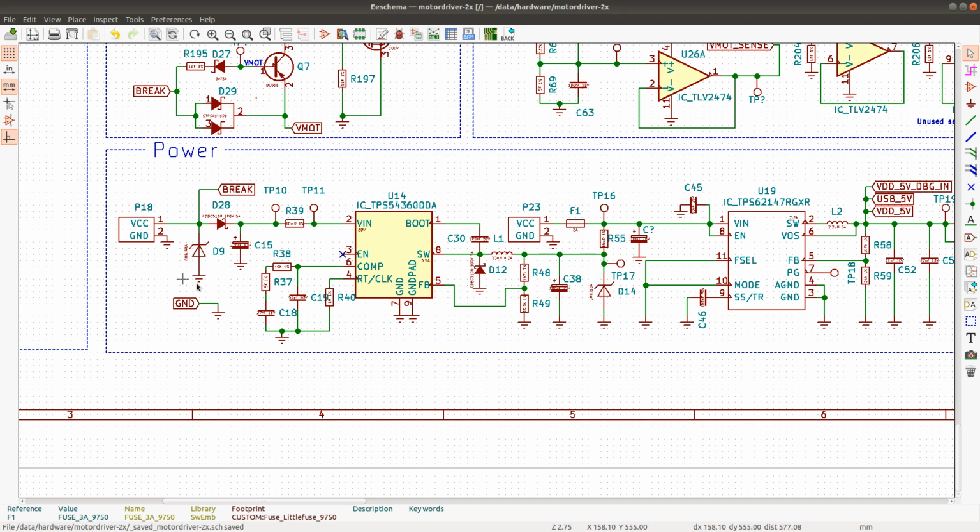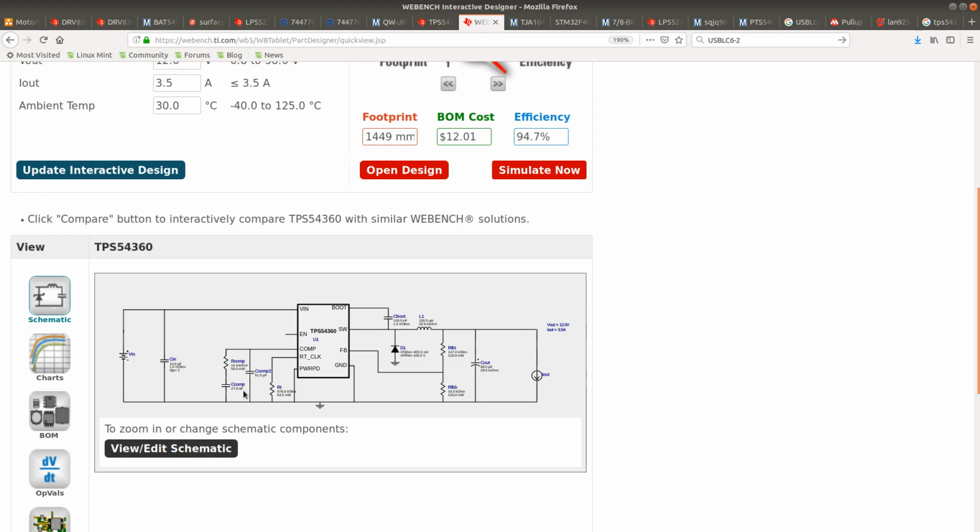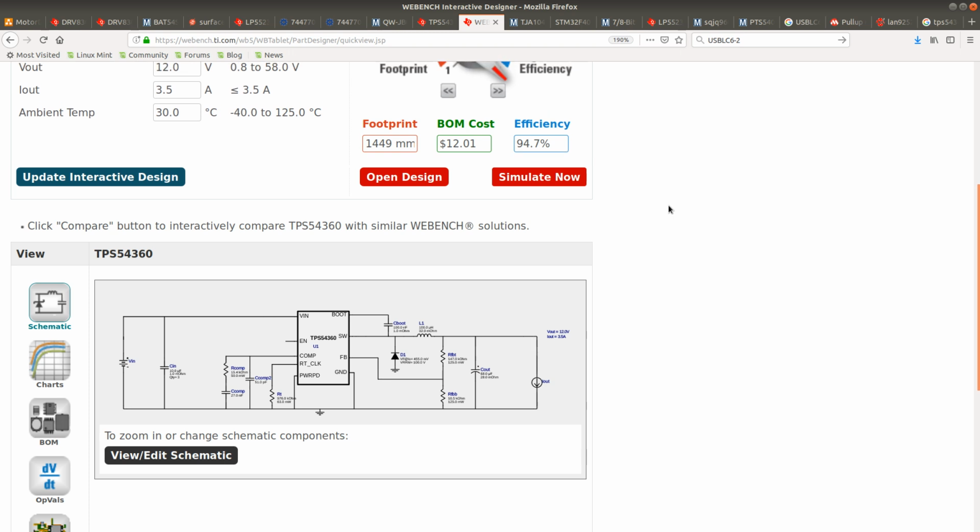Let's just double check that. Yeah, 51.27 nanofarads and around 15k there. 51.27 and 15k. Right. The only problem with this is that the inductor is 100 microhenries and 32 milliohms,